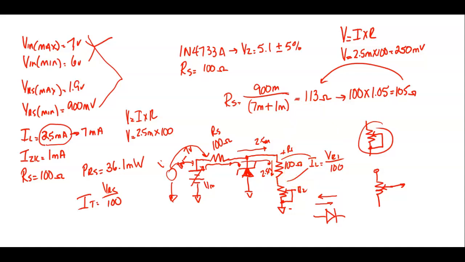I'm going to measure voltage and calculate current, or vice versa. So I'm saying, okay, what voltage would a 100 ohm resistor drop to get 2.5 milliamps to flow through it? I did the math, and we came up with 250 millivolts. So when I measure 250 millivolts across that 100 ohm resistor, my load current is 2.5 milliamps. And that's what we're trying to do. And now we're going to measure the Zener voltage,